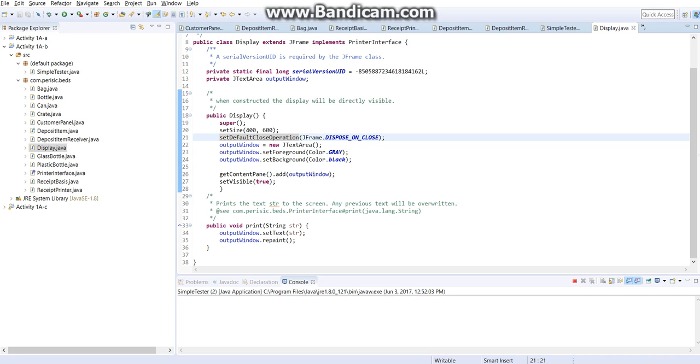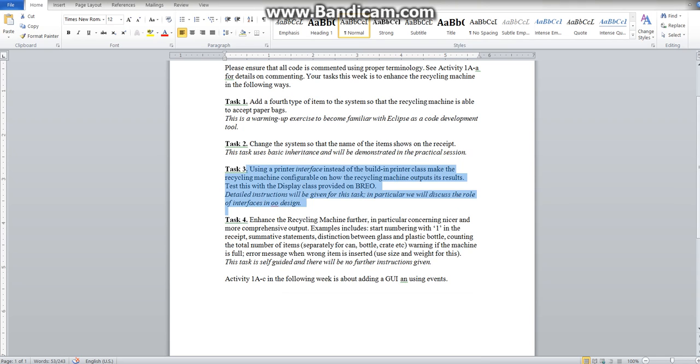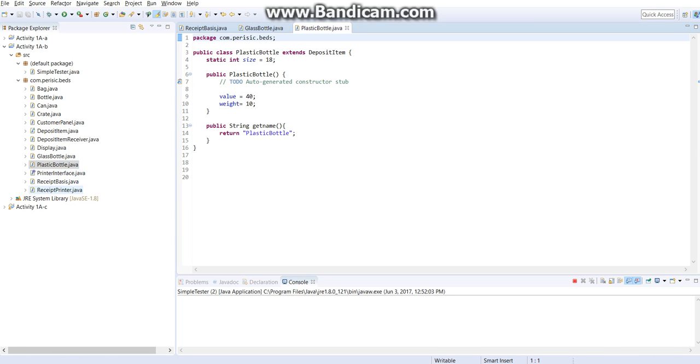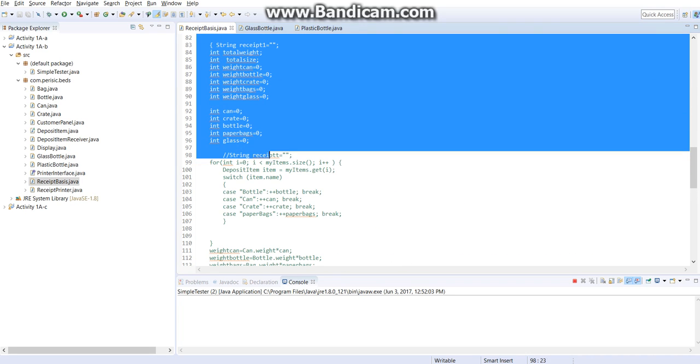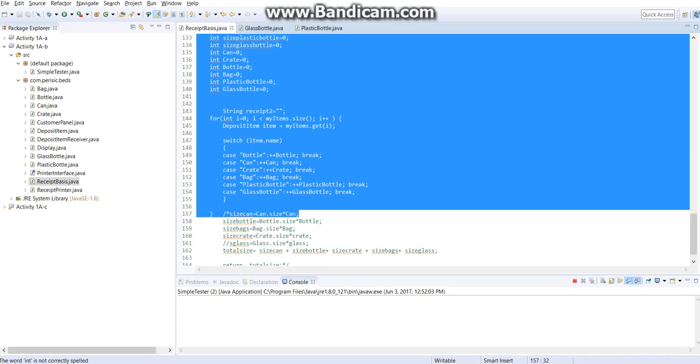And moving on, in task 4 we are supposed to create another distinction between a glass and a plastic bottle, a separate class for those, where it's created individually for the glass bottle and the plastic bottle, and where I have done the comparison, but as I am getting some errors, I have just commented the code